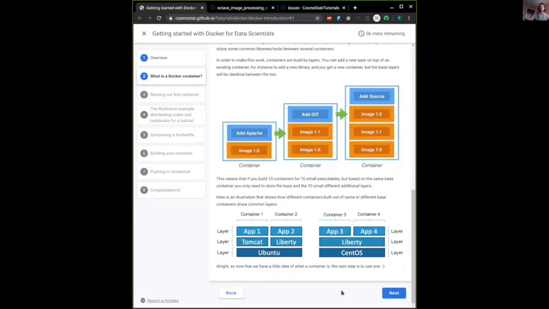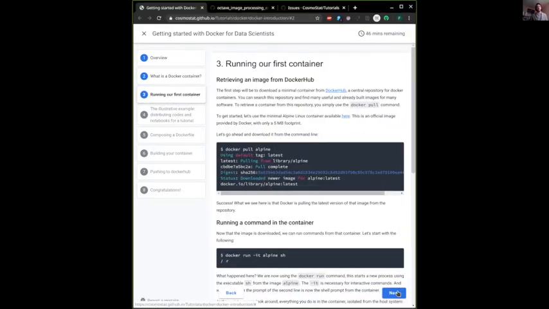Any questions on the structure or on what Docker is in general? Okay. All right. So we'll see in the next example, and maybe if that's not clear, it will become clear afterwards. All right. So now we are ready to actually dive into things and try to run our first Docker